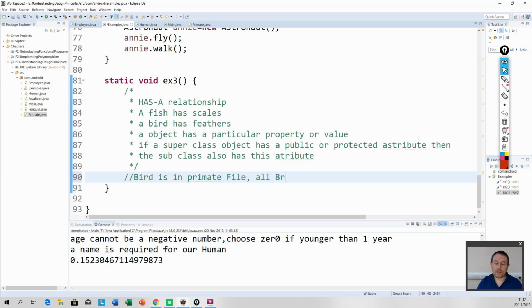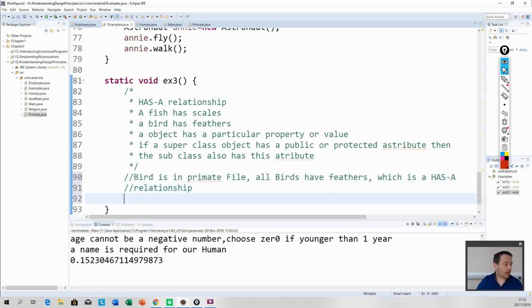All birds have feathers, which is a has-a relationship. So I go Bird tweety is equal to new Bird,